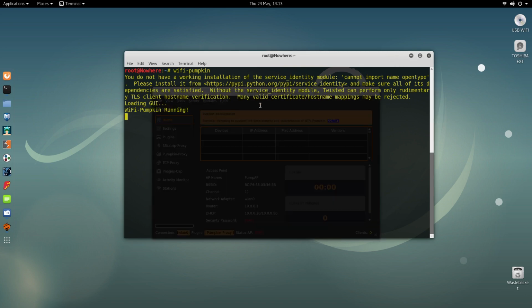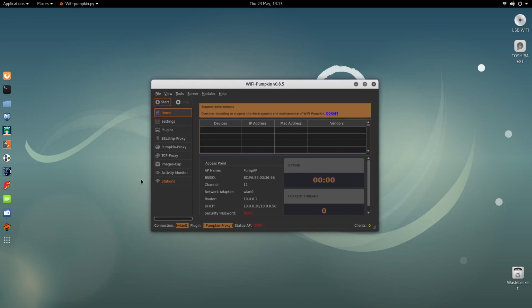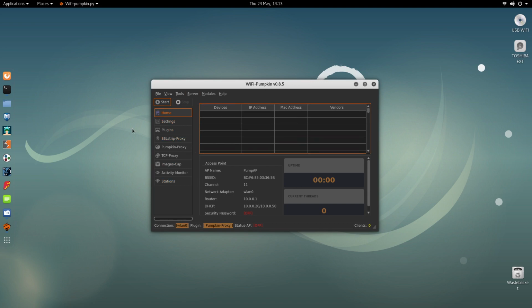Don't close your terminal. If you do, it'll close the GUI that's popped up. So this is the Wifi-Pumpkin window. Now, as you can see, there's quite a few options here. So the first thing you'll need to do is quickly set it up. So if you go into settings,